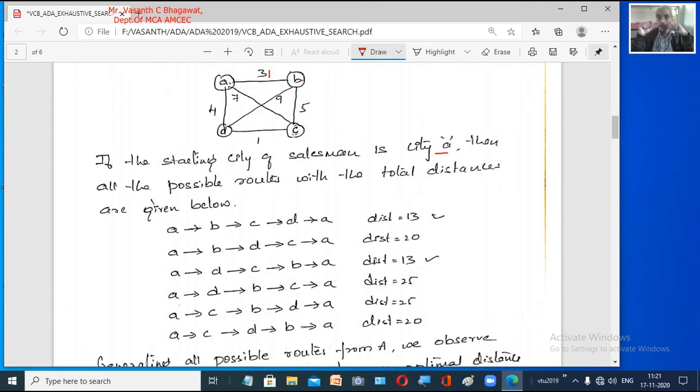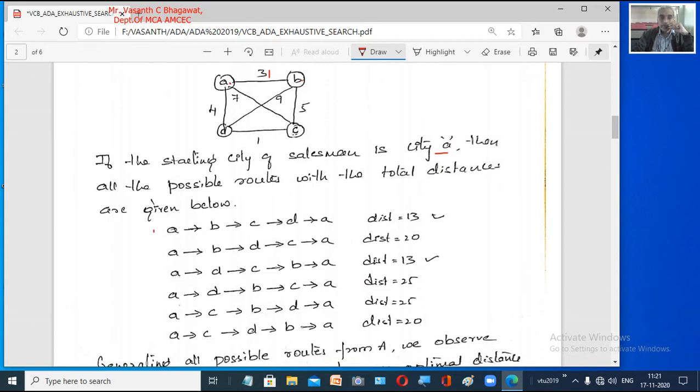He need not unnecessarily travel or select a path whose distance is more. Right? That is the major aim, or the solution, of this particular problem. So we will now list down all the paths. Let's say, for example, if you take the first path here,